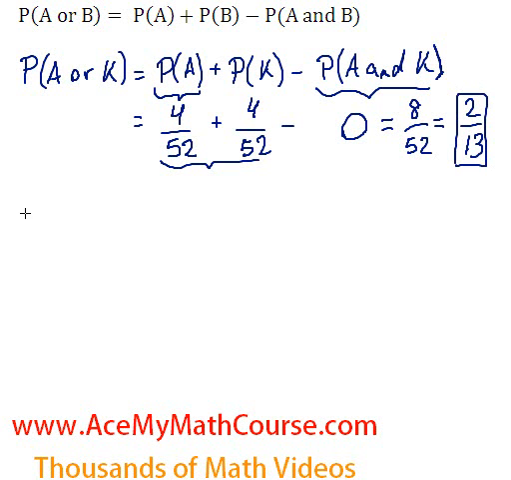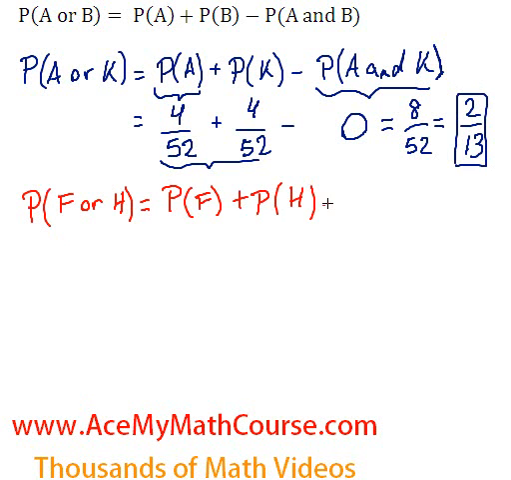Excellent. Now, what is the probability of drawing a face card or a heart? Same thing, probability of face card plus the probability of drawing a heart minus the probability of face card and heart. So there are 12 face cards. So the probability of drawing a face card is 12 out of 52. There are 13 hearts